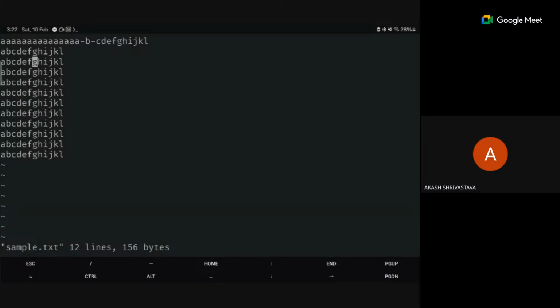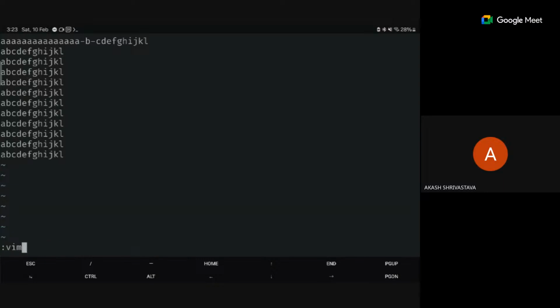So this H, J, K, L you have to know. There is no compromise on it with respect to the VI editor, but it will help you a lot because you don't need your arrow keys anymore. Decades ago, when the VI editor was created, there were no arrow keys on computer keyboards. That is why it was intended to use H, J, K, L: left, down, up, right.